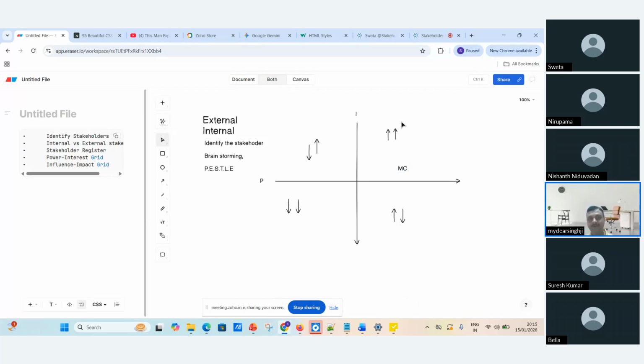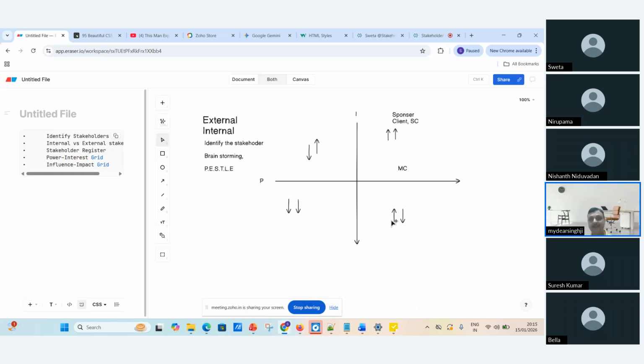This kind of people will be here, like a sponsor, then client, then the steering committee, senior executives. Steering committee people will also be there. So these are the people who have high power and high interest. What are we going to do for them? We are going to manage them very closely. So this is high power, high interest.